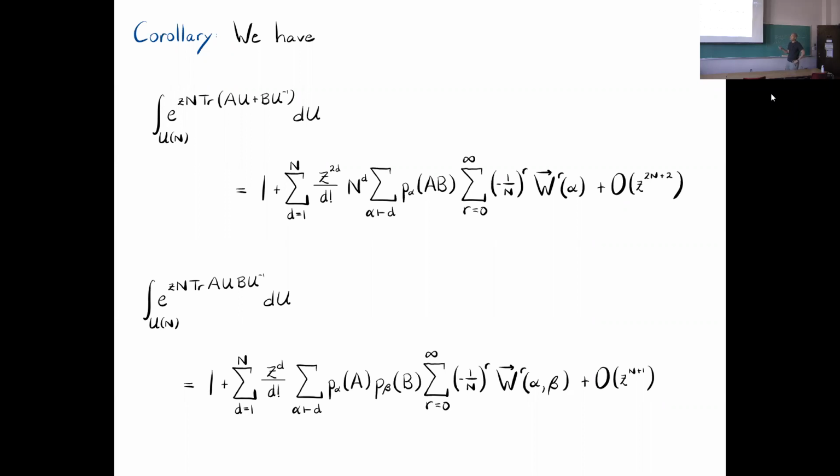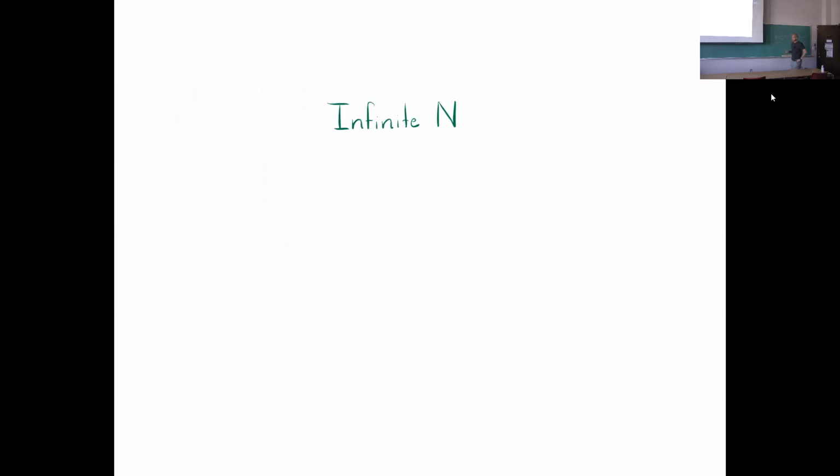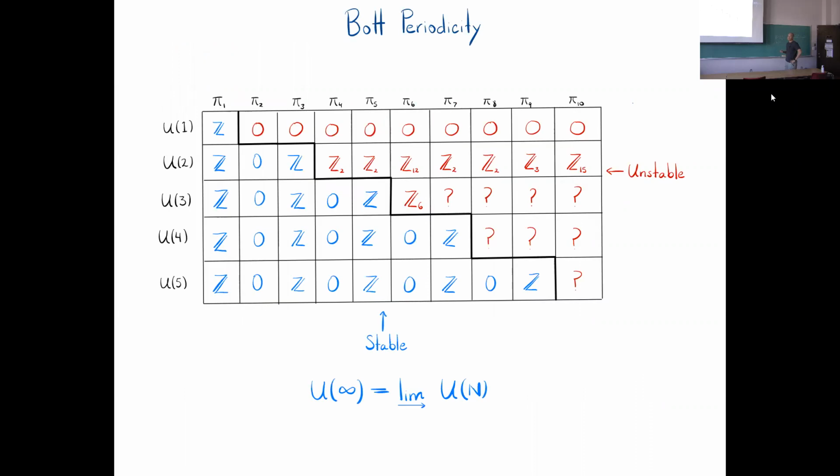And this is only giving you linear many terms topologically or combinatorially. So what can you do? The first thing you do, coming to formal matrix integrals now, you just set n equal to infinity, right? This happens all the time. This is the table of the homotopy groups of the unitary groups. And there's a stable and an unstable